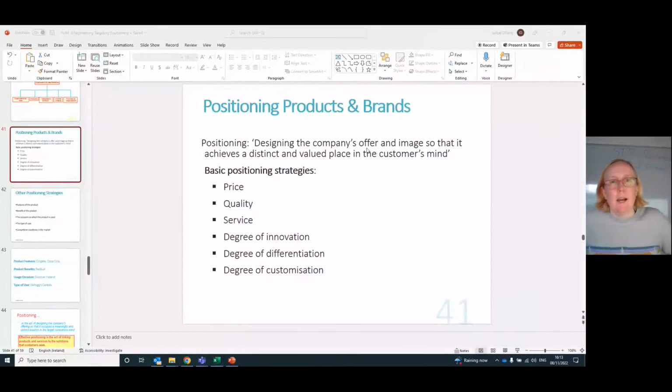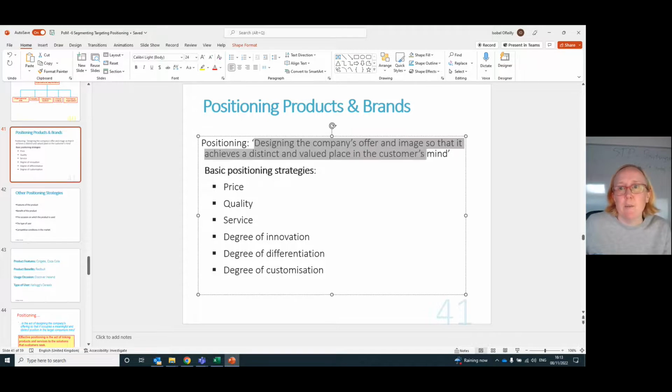So we're continuing the topic of STP with the final part of target marketing, which is positioning, the P of STP: segmentation, targeting, and positioning. First we start with a definition. Positioning is designing the company's offer and image so that it achieves a distinct and valued place in the customer's mind. So it's all about the impression, the vibe we're trying to put out to the customer, and the vibe that they'll pick up,